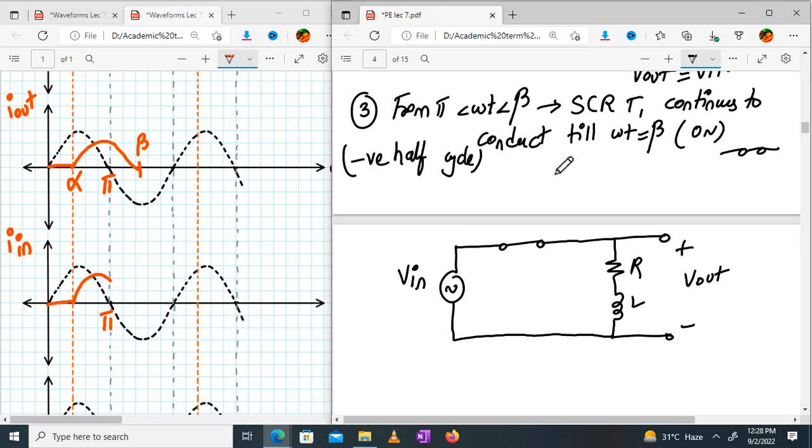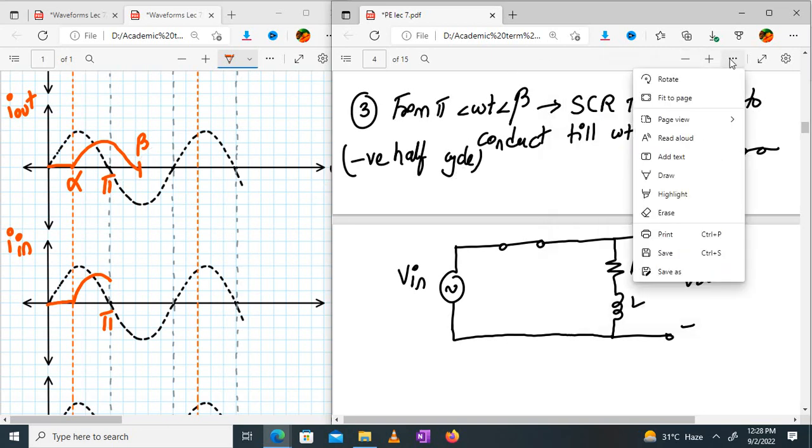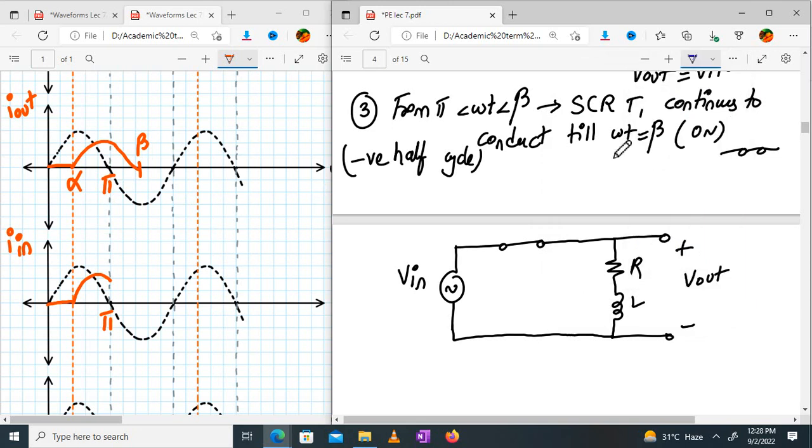Now let us understand. From pi to beta, what is my inductor doing? Inductor is releasing the energy. When inductor releases the energy, the polarity across the inductor changes, right? We have discussed this, right? We are in the negative half cycle. So in the negative half cycle this is positive, this is negative, correct? What about my inductor energy? Inductor is releasing the energy. So its polarity will be,